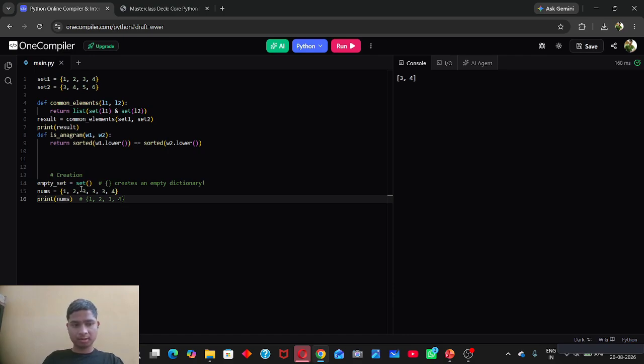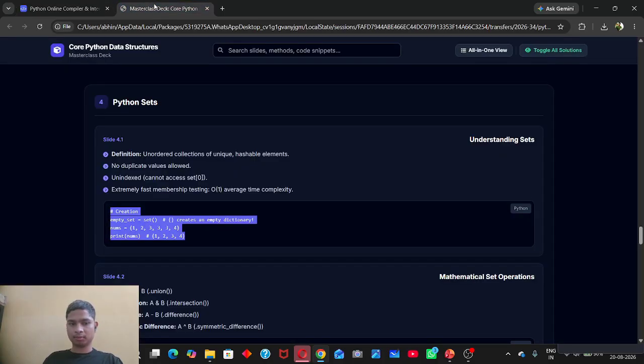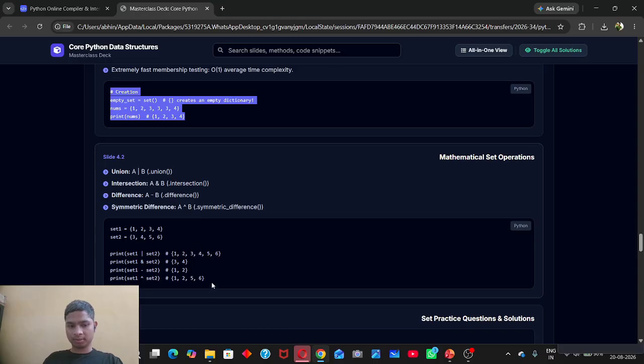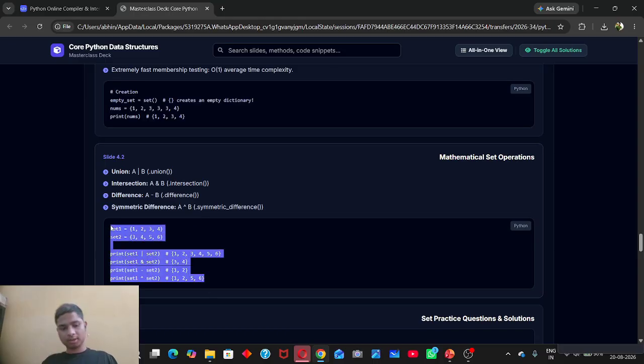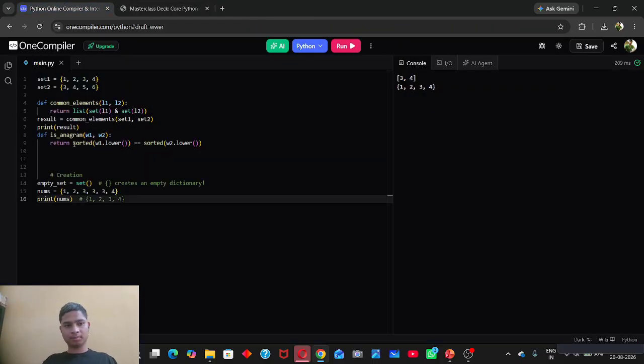We have an empty set and numbers 1, 2, 3, 4, and then we will print a number. You can see here we are only able to print the numbers which are unique. If the numbers are repeating, they will be ignored after they get printed for the first time. In the second example, we have our